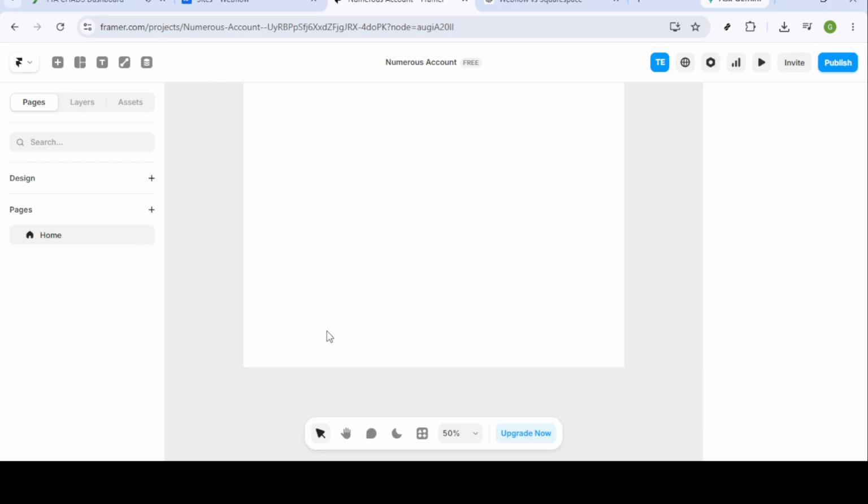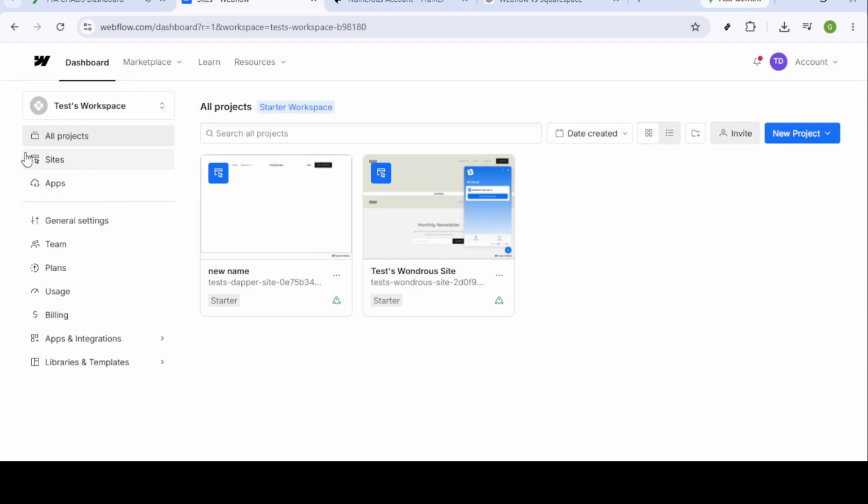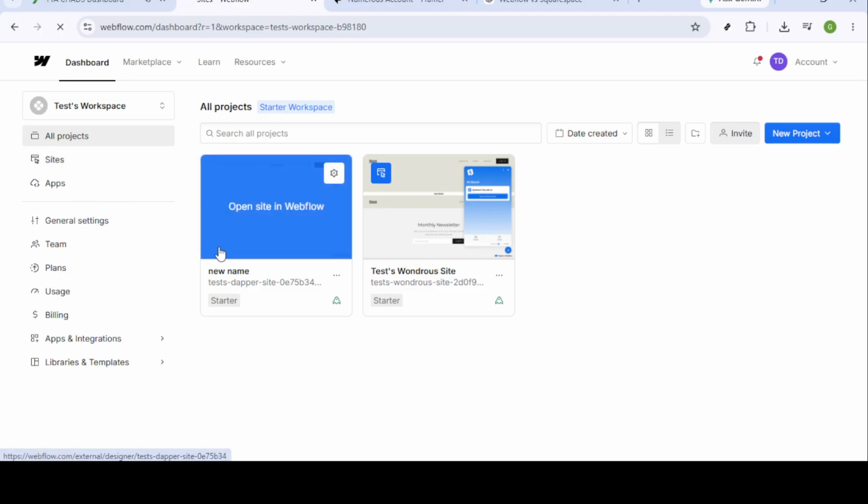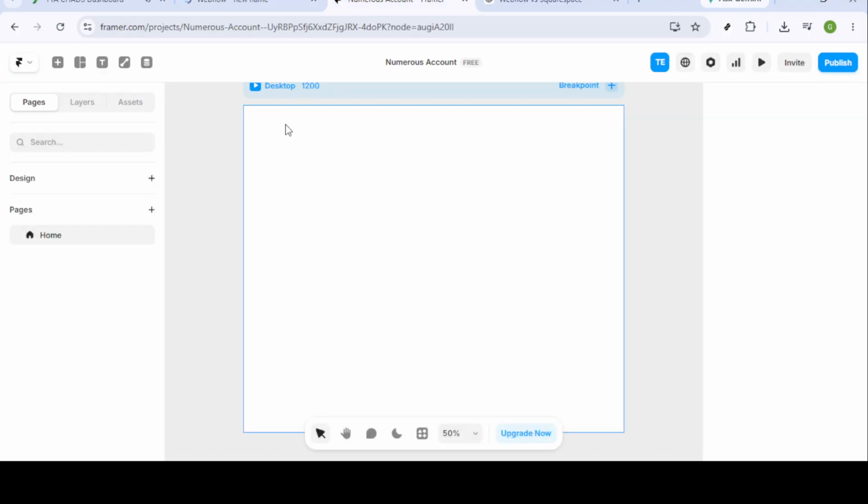Next, let's talk about content management systems, or CMS. Webflow comes equipped with a powerful and scalable CMS that can handle content-heavy sites with ease. This is ideal for businesses and agencies that require a robust system for managing large volumes of content. Framer, while offering a simpler CMS solution, might be more suitable for smaller projects or portfolios where a complex CMS